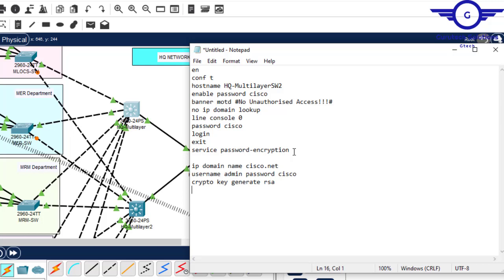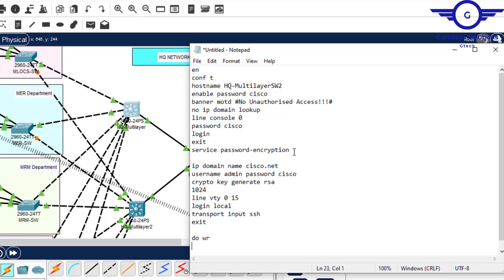You hit enter, then you input a modulus length of 1024, then you enter line vty 0 to 15. Okay, then you say login local, then transport input SSH, exit,